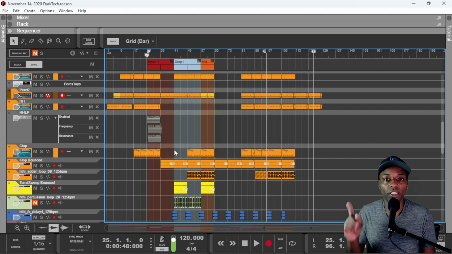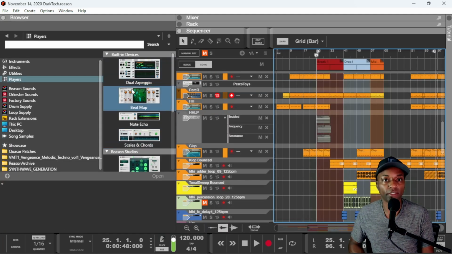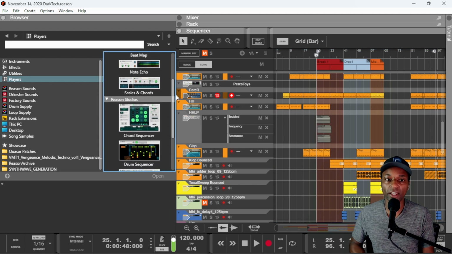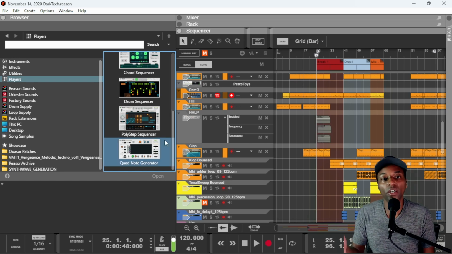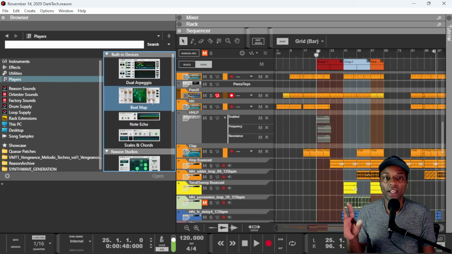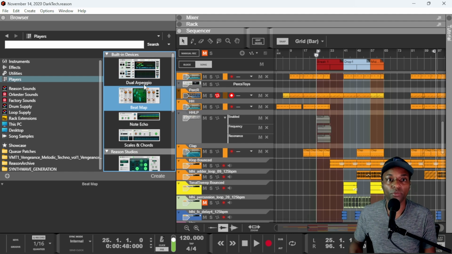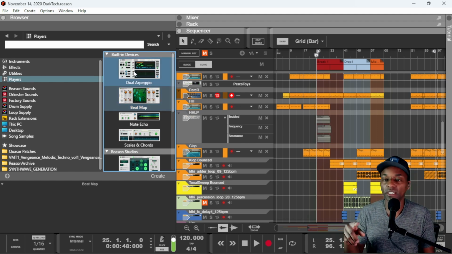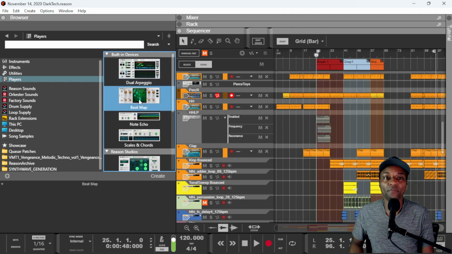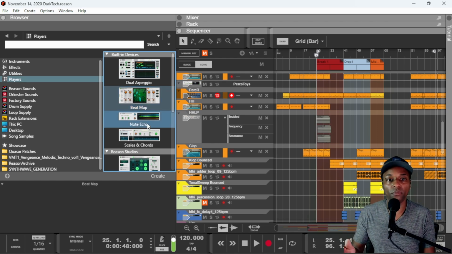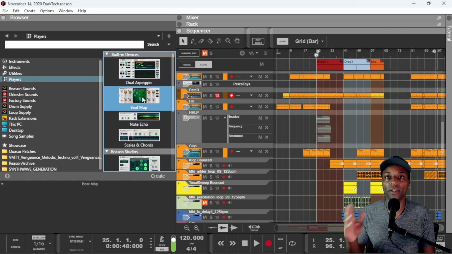Next up, I also really like the players here in Reason. The way they handled the scales and chords, and also they keep adding them: chord sequencer, drum sequencer, polystep sequencer, quad note generator. I really like the way they beat map, the way they work, and how easy it is to move that data onto the sequencer and all that. It's not quite as fun to use in just the Reason rack, or quite as straightforward. You still can though. But otherwise, I think they beat Ableton hands down, because Ableton has that little chord